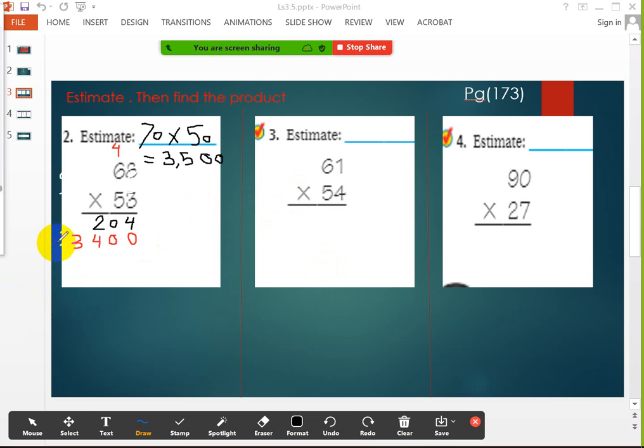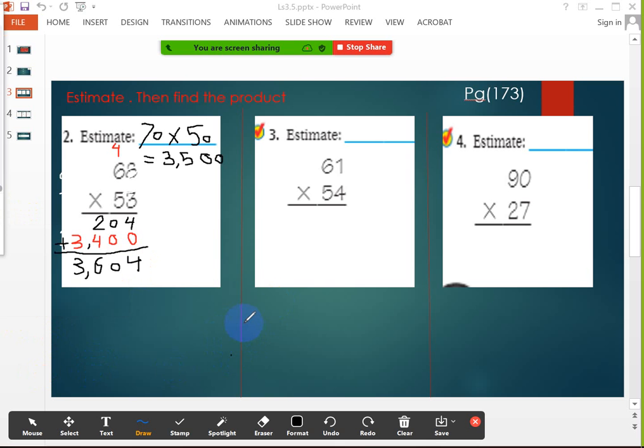Thank you, Kenzie. Now, the last thing, I have to add the numbers. Okay? 4 plus 0 equals 4. Now 0 plus 0 equals 0. 2 plus 4 equals 6. And there is no thousand here, so I will write the thousand. So the final answer is 3604. Girls, now I will solve number 3, because Kenzie asked me to